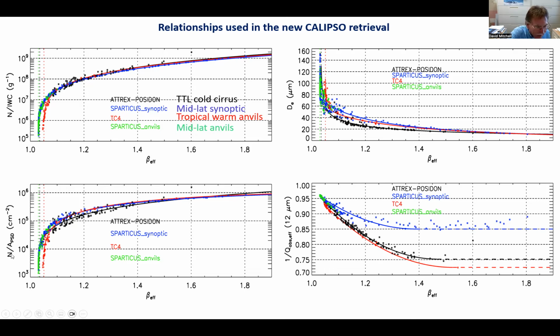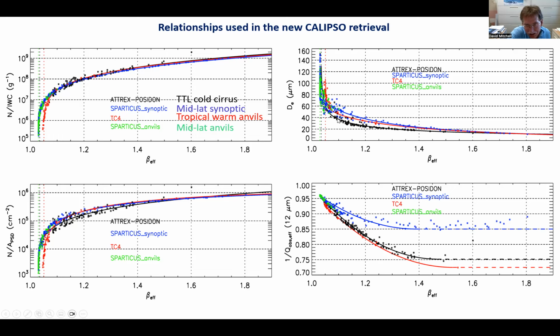Then we can look at the area, N over area, and that's very similar to the N over ice water content, but a little bit more scatter in the data. And then we have effective diameter. And this is where the challenge came in trying to